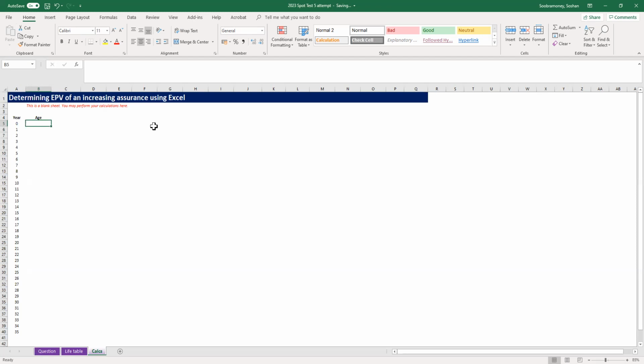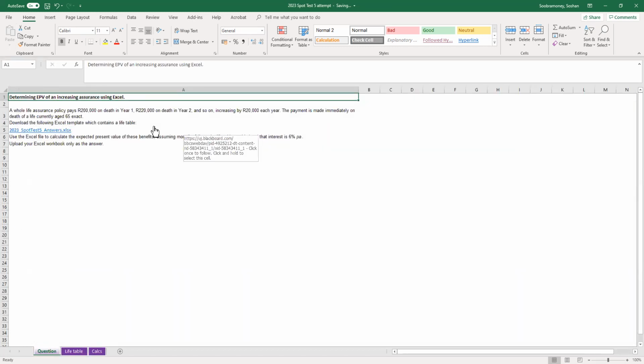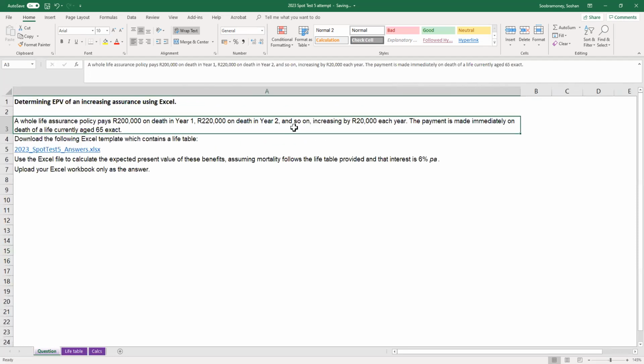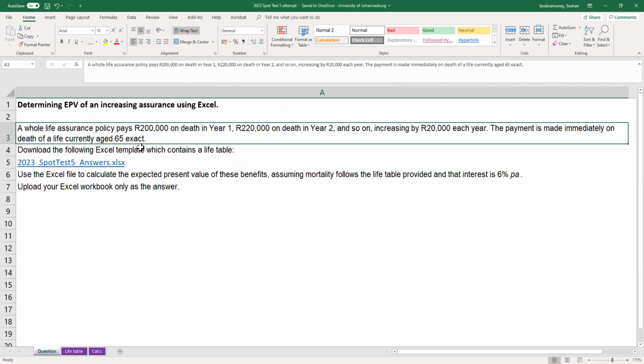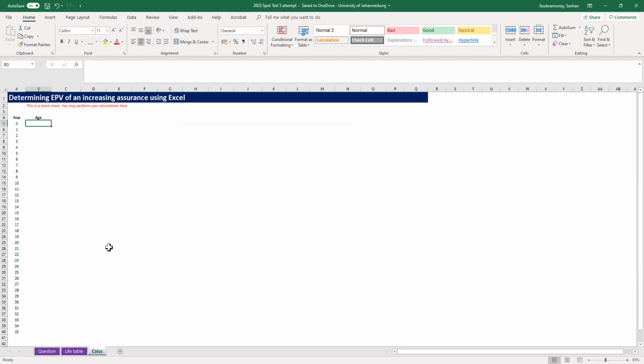To go to the previous tabs, I'm using Control Page Up. That gets me to the life table. Control Page Up again gets me to the question paper. And here we can see that the life is aged 65 exact. Let me zoom in here so you can actually see this. So to get back to my calculation, I go Control Page Down. And here I would say, okay, this is now 65. So I'll just press equal to, or what might be easy, just press plus 65. So that's 65. Now I drag it down,